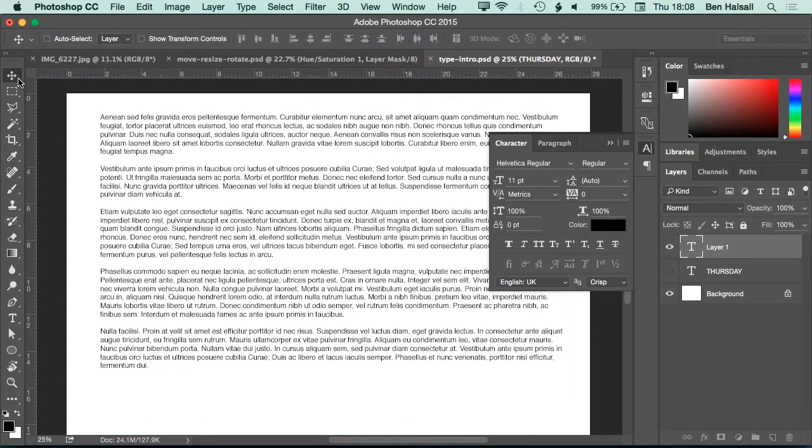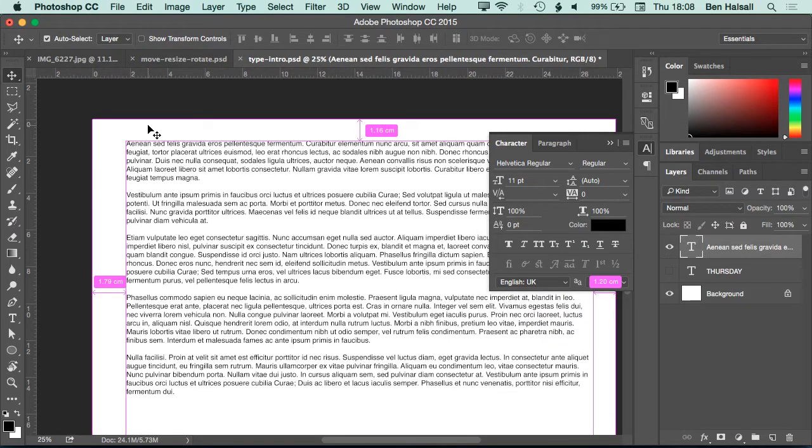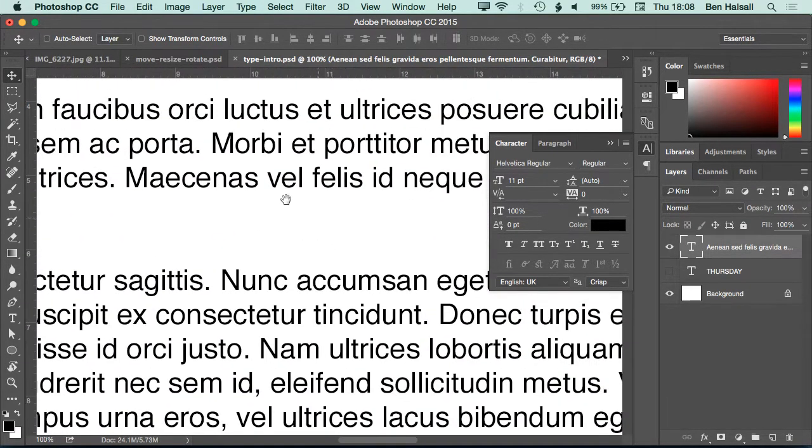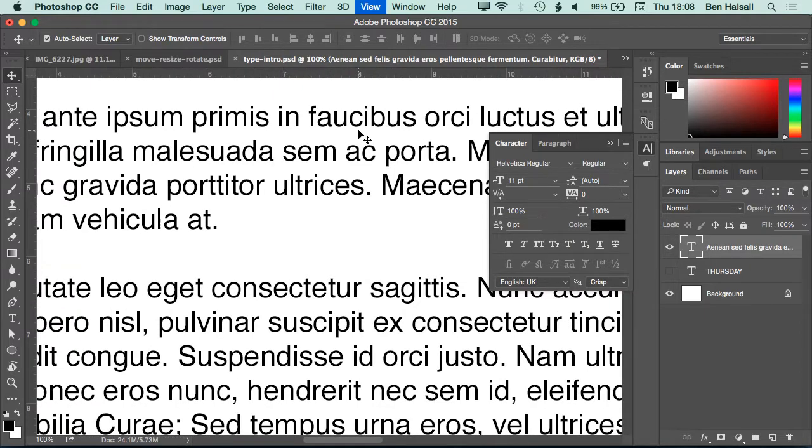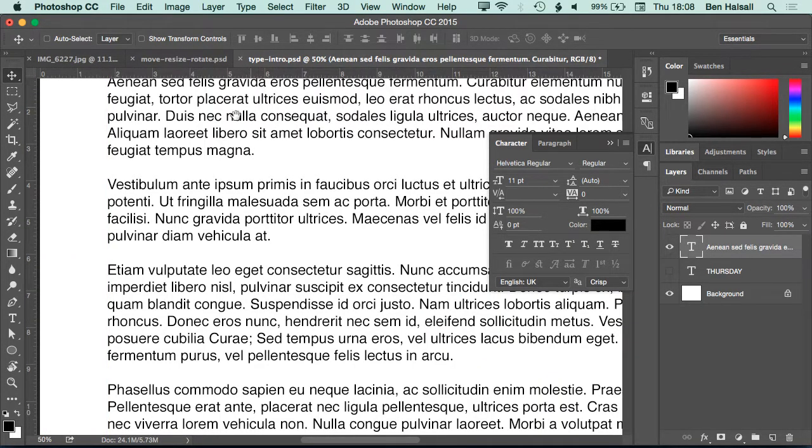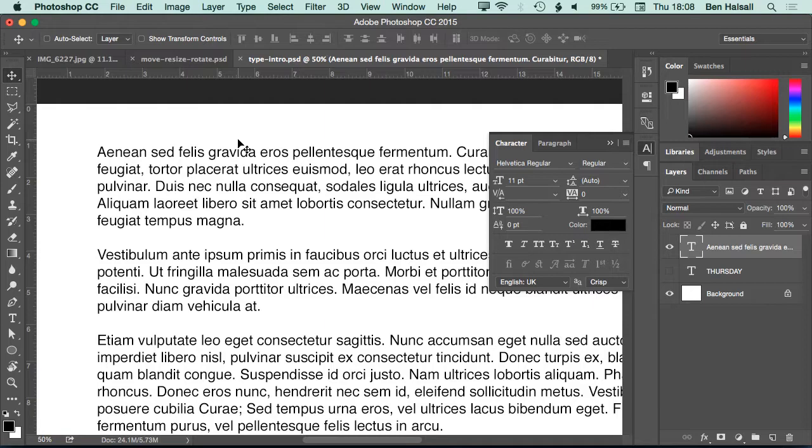So we can set type in Photoshop, and Photoshop's not really a place where you'd want to set huge areas of type. It's one of the big differences between something like Adobe Illustrator, Adobe InDesign and Photoshop. One of the fundamental differences between Photoshop and InDesign